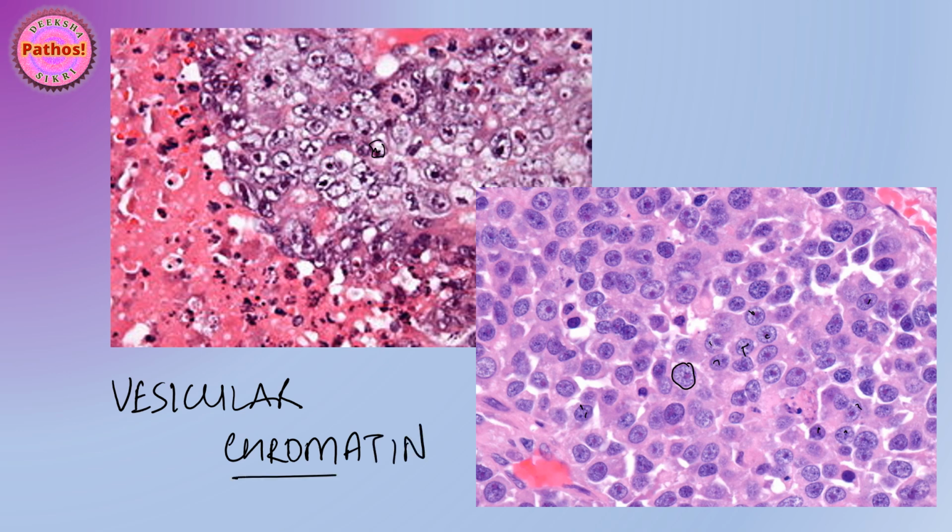This will be helpful for our postgraduates because when you're describing a malignancy, you must have noticed your seniors and teachers using the term, the nuclei have vesicular chromatin. This is what it means. It's a little loose. It looks like there are vesicles. That's why it looks a little empty in places. So that term used is vesicular chromatin. It's still blue, but as you can see, it's a little shaded.